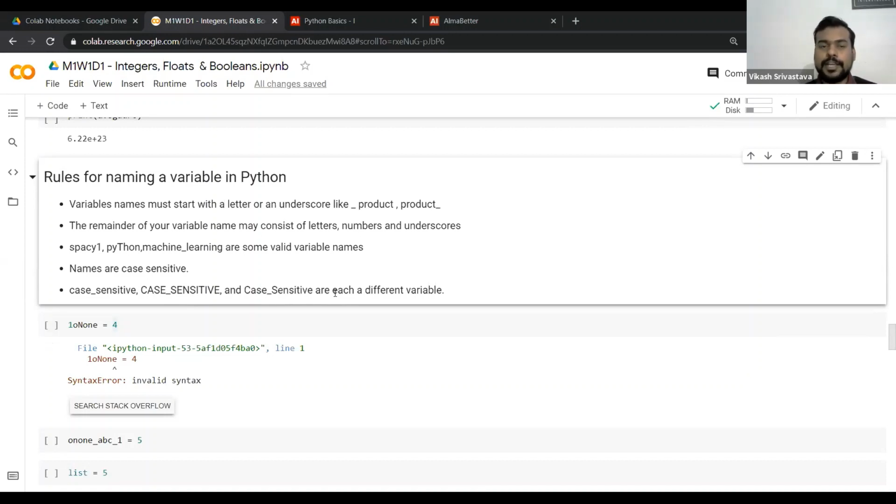The remainder of your variable name may consist of letters, numbers, and underscore. And then the names are case sensitive. Okay, so variable names are case sensitive. Depending upon whether you write them in lower case or upper case, those will be